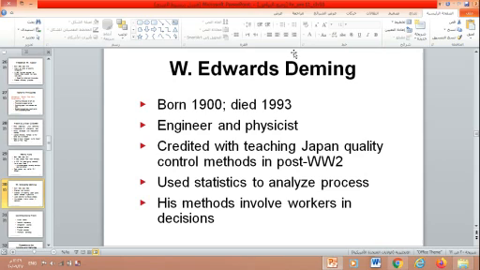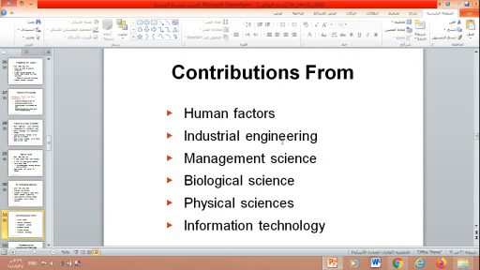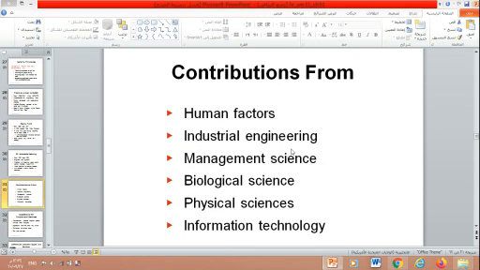Another scientist is Edwards Deming. He is credited with teaching Japan about quality control methods, and also he used statistics to analyze the process. Okay. Contributions to operations management